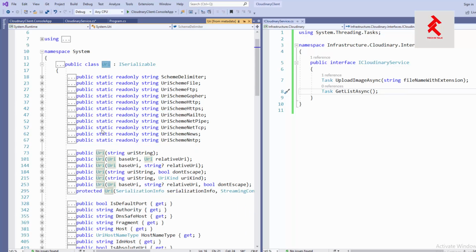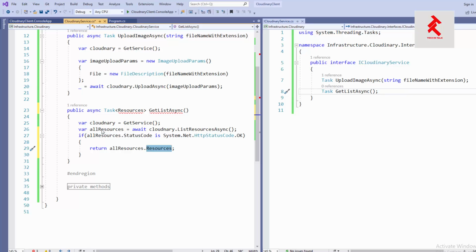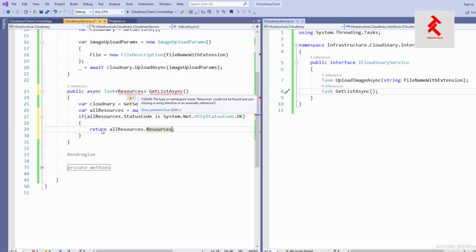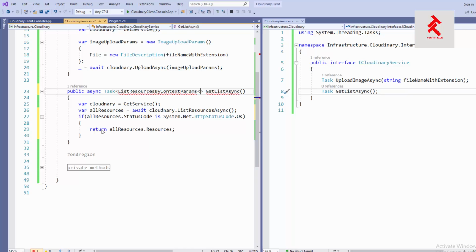Secure URI, hell lot of properties there, right? All right, so let's say we just want to return the list of strings, oops, like this one,